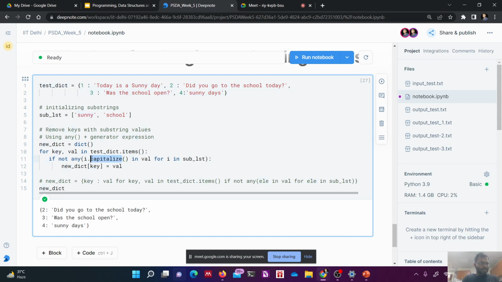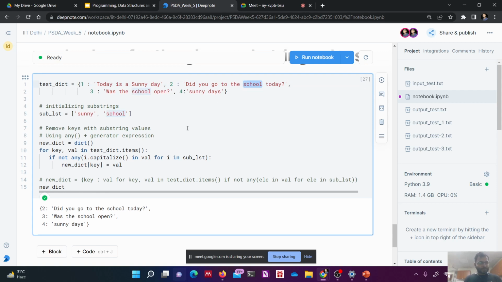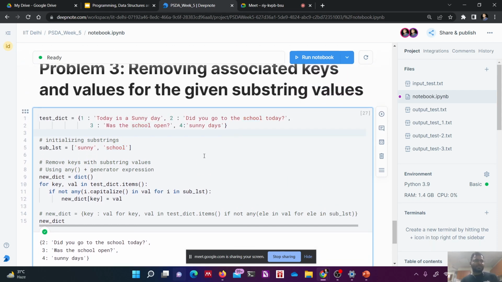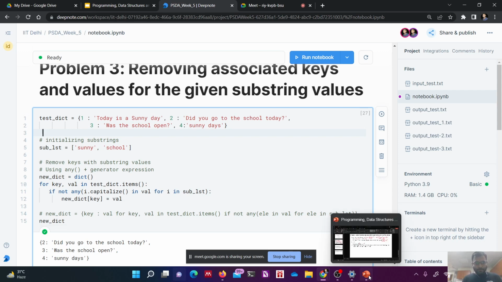What you could do, you can play with it, you can use upper, you can use lower, you can use many combinations, you can change the combinations here, and you can play with all those things for your better learning. So this is how we are going to deal with this problem of removing associated data for the given substring value. So this will be all for